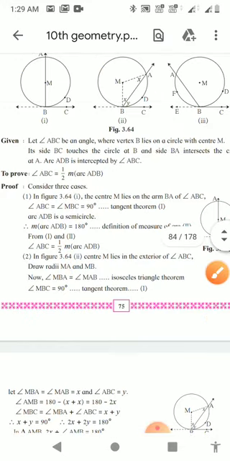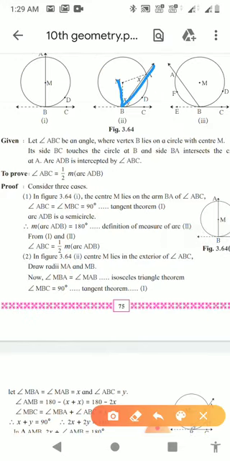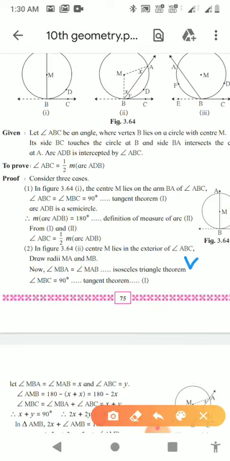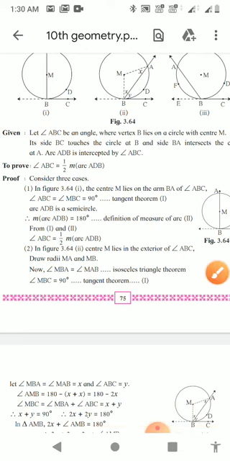Then this angle MBA, I am discussing this angle MBA, equal to angle MAB, which we have discussed at this position. These two angles, angle MBA equal to angle MAB, are equal to angle X, because according to the isosceles triangle theorem, these two angles are X. And this angle ABC, let us say, is Y. So MBA and MAB are X and ABC is Y.